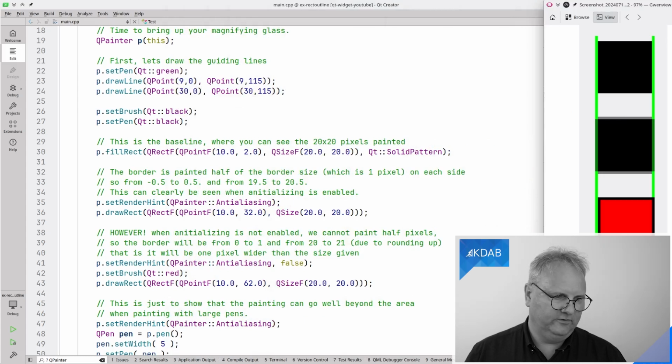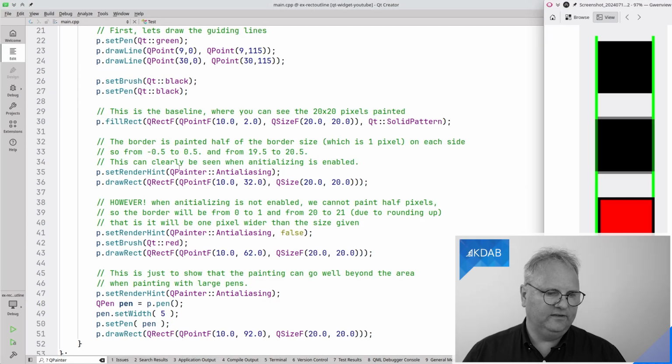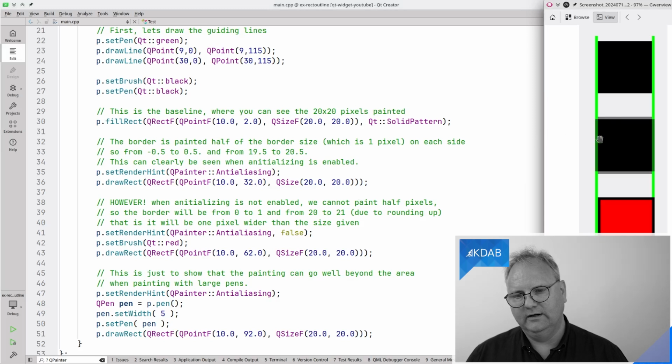So far, so good. Now set the rendering hint to anti-aliasing, because we want to see what happens when it's not anti-aliasing. So anti-aliasing here, from column 10, 20 columns, and now I just updated the position here to be 32. So you can see it starts down here. And here you can see some greenish that is not entirely green anymore. That's because of the anti-aliasing.